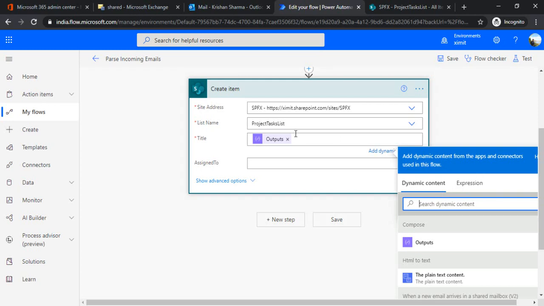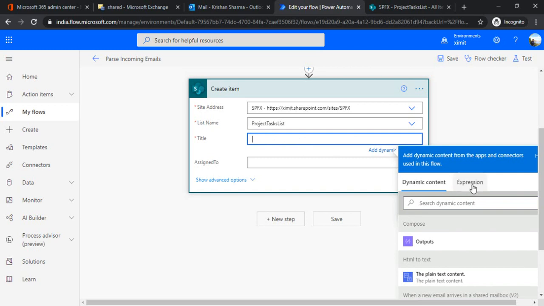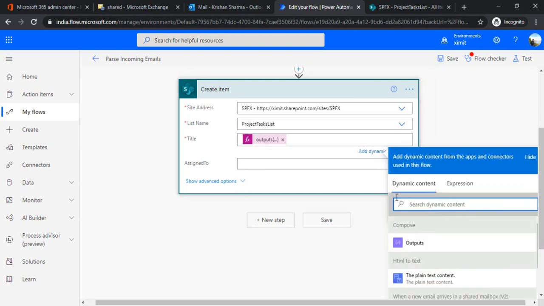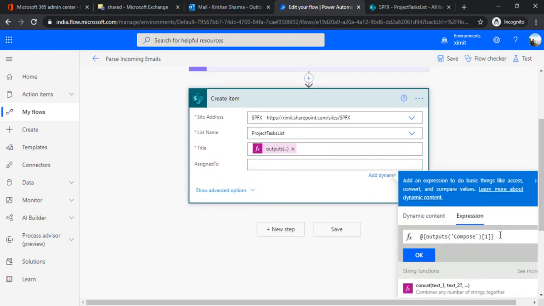So I've copied and removed it so that I can copy the actual field value, and under expression I'll use this output of Compose, removing the extra unnecessary stuff, and then using the index for extracting that value. As we just saw, under index 1 we'll get the title, and under index 3 we'll get the actual assigned to person. I'm saving this.